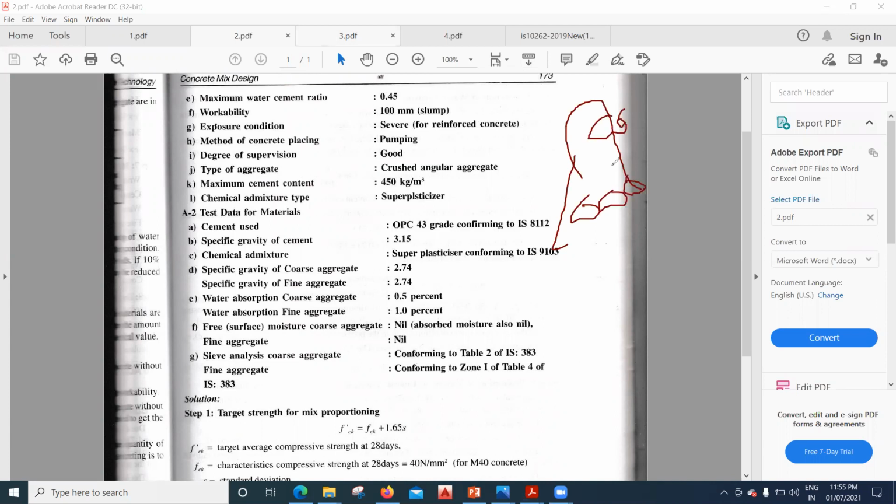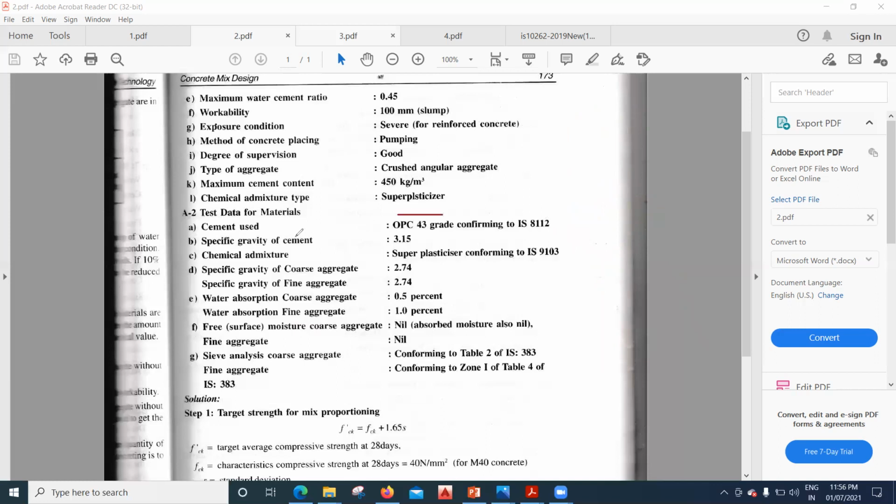This sampling should not be done from only one place. You cannot take coarse aggregate from one spot and do a test, because you don't know the exact quality of the stock, so you have to take samples from different places. Let us say this is your coarse aggregate stock, imagine it in 3D. A few aggregates you take from here, a few from here, a few from here, right? And fine aggregate also we have to take. Then we need to do testing on all of that, sieve analysis tests and so on. So it's given here, the cement used is OPC 43 grade cement.